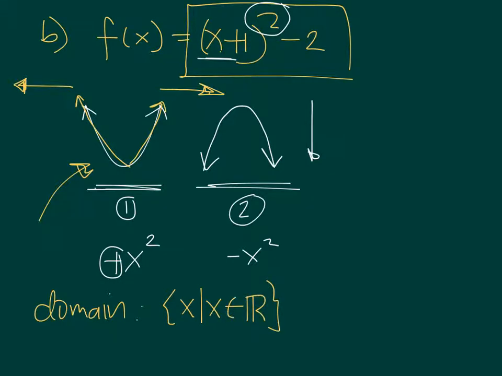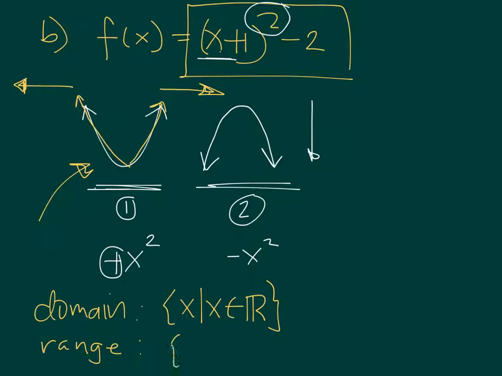And again, I said in the class during the session that when you have a quadratic equation, a parabola, the domain is always the set of real numbers. That's it, period. Okay, there's no restrictions. The domain is the set of all real numbers. That's it. Now, for the range,